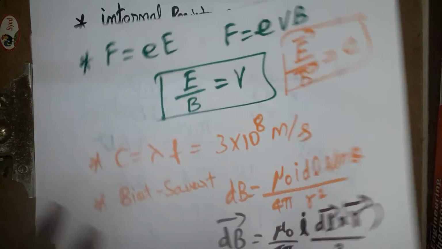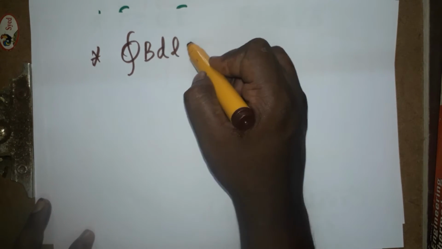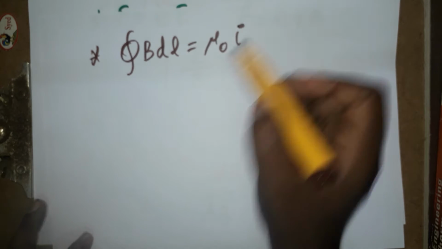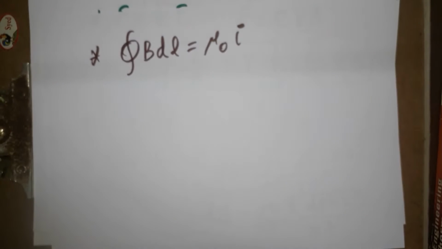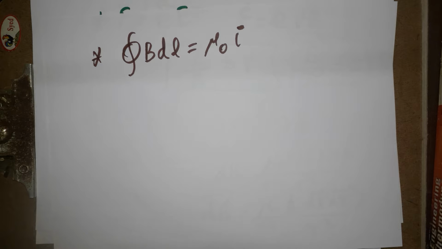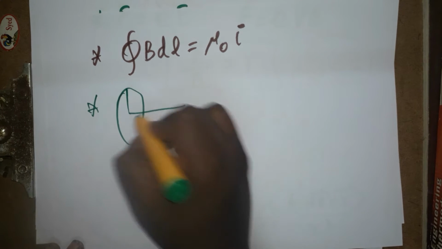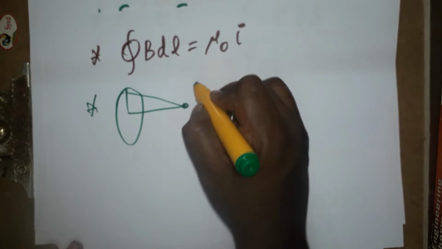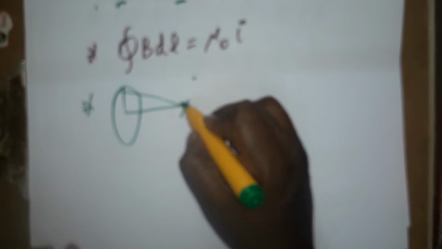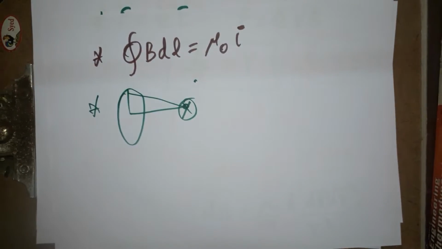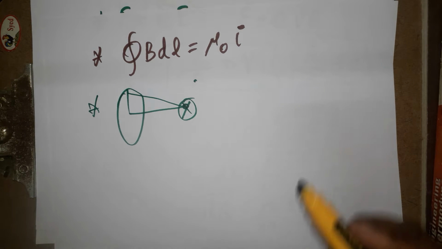The next formula you need to know is Ampere's circuital law. Integration of B dot dl is equal to mu naught I. It is called Ampere's circuital law. The next topic I am going to give is the circular coil carrying current. What is the magnetic field at this point? It's very important. CBSE many times asks this derivation, direct derivation only. It's asked for 3 marks. What is the magnetic field due to a circular coil carrying current?